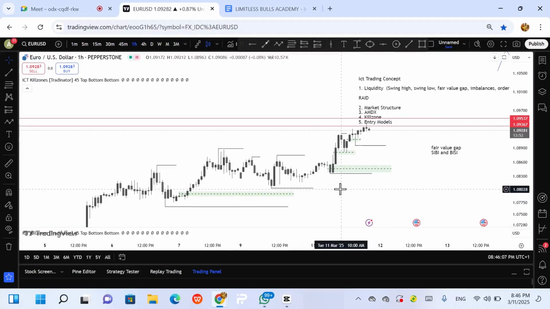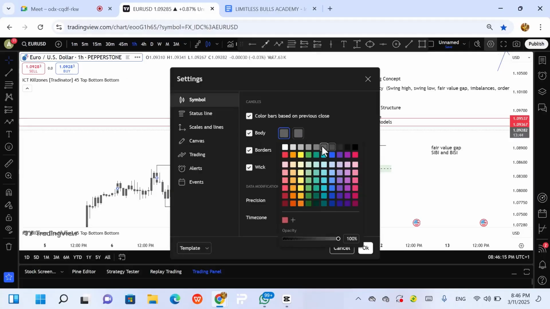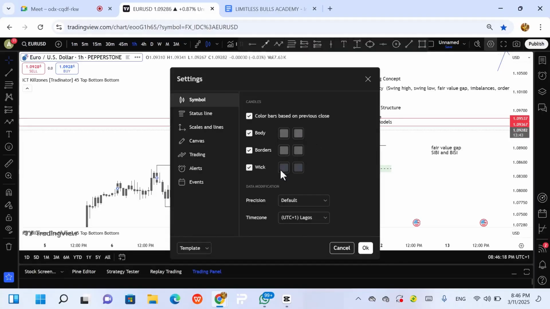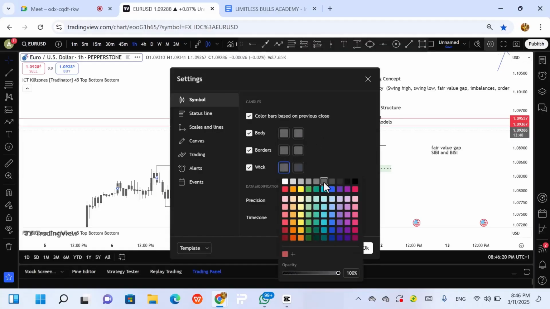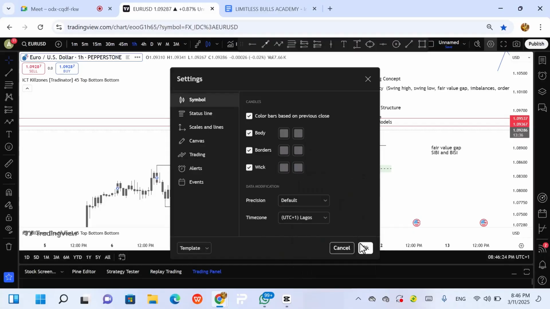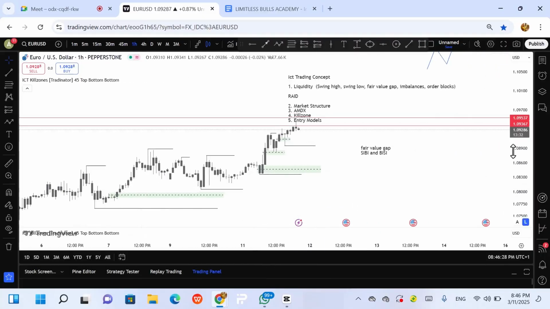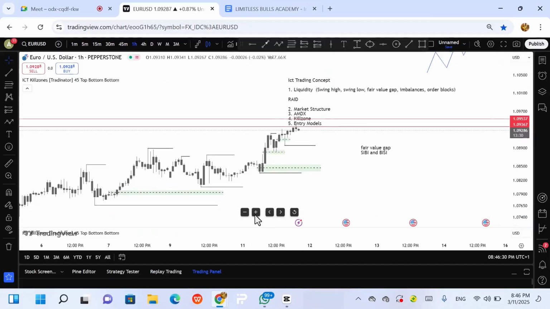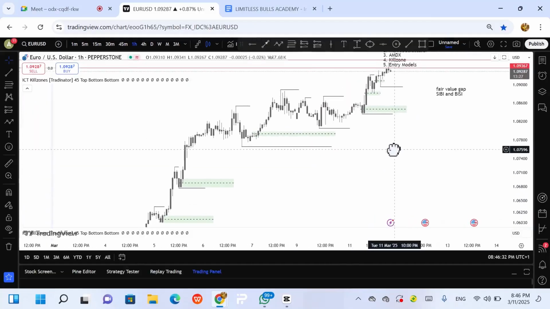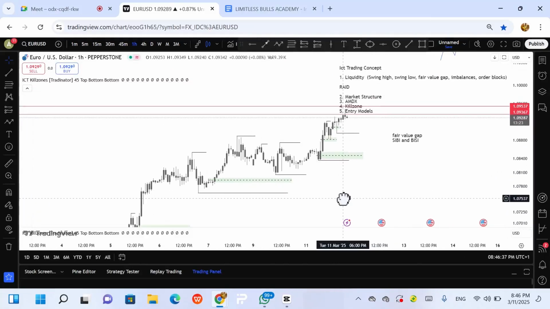So what can you see now? You are not seeing any red and you are not seeing any blue again. I want this to be exactly the same. Okay, thank you very much. So what is this now? You are not seeing any red candle. You know, this perspective can help you mark market structure wonderfully.